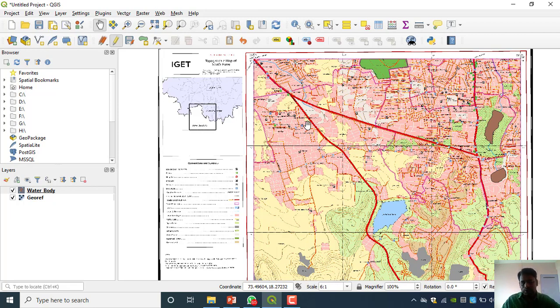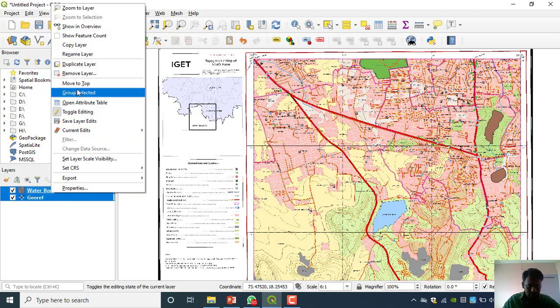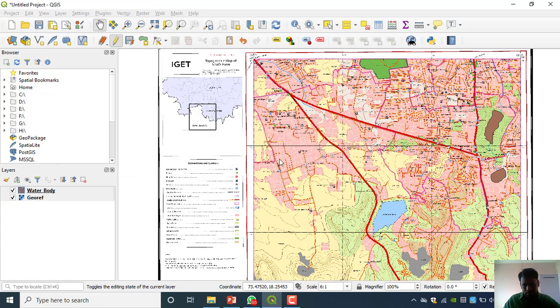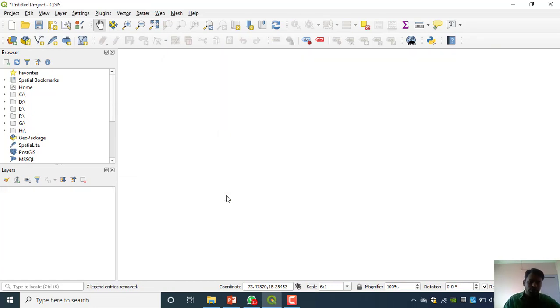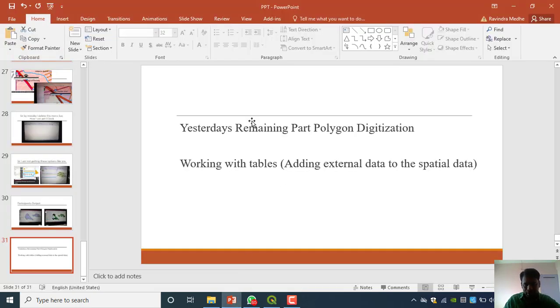Okay, shall we switch to the other point, today's work? Already half an hour we spent on this topic. I am just removing both the things. Remove layer, save. Okay, now we are switching to today's topic. Yesterday's remaining part, polygon design, we already covered.